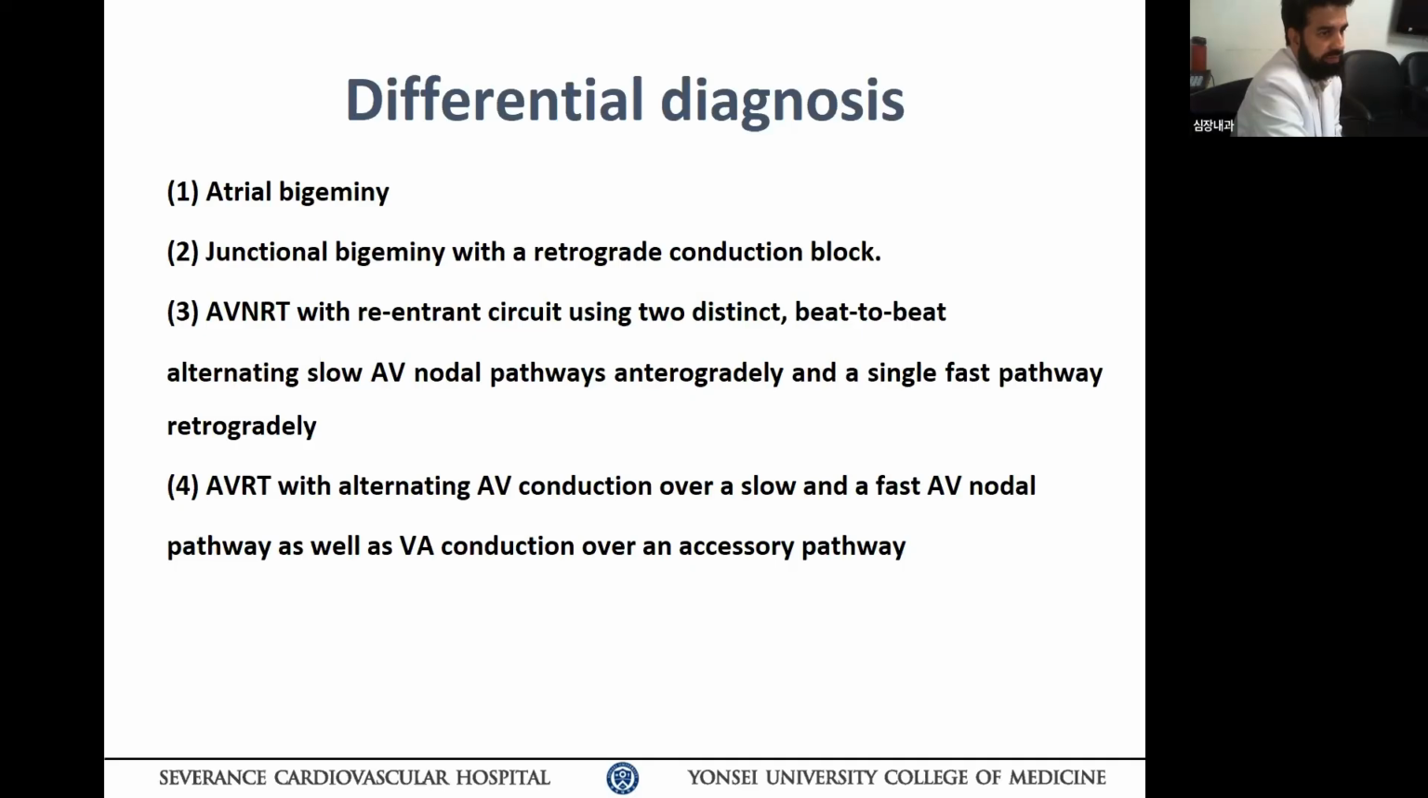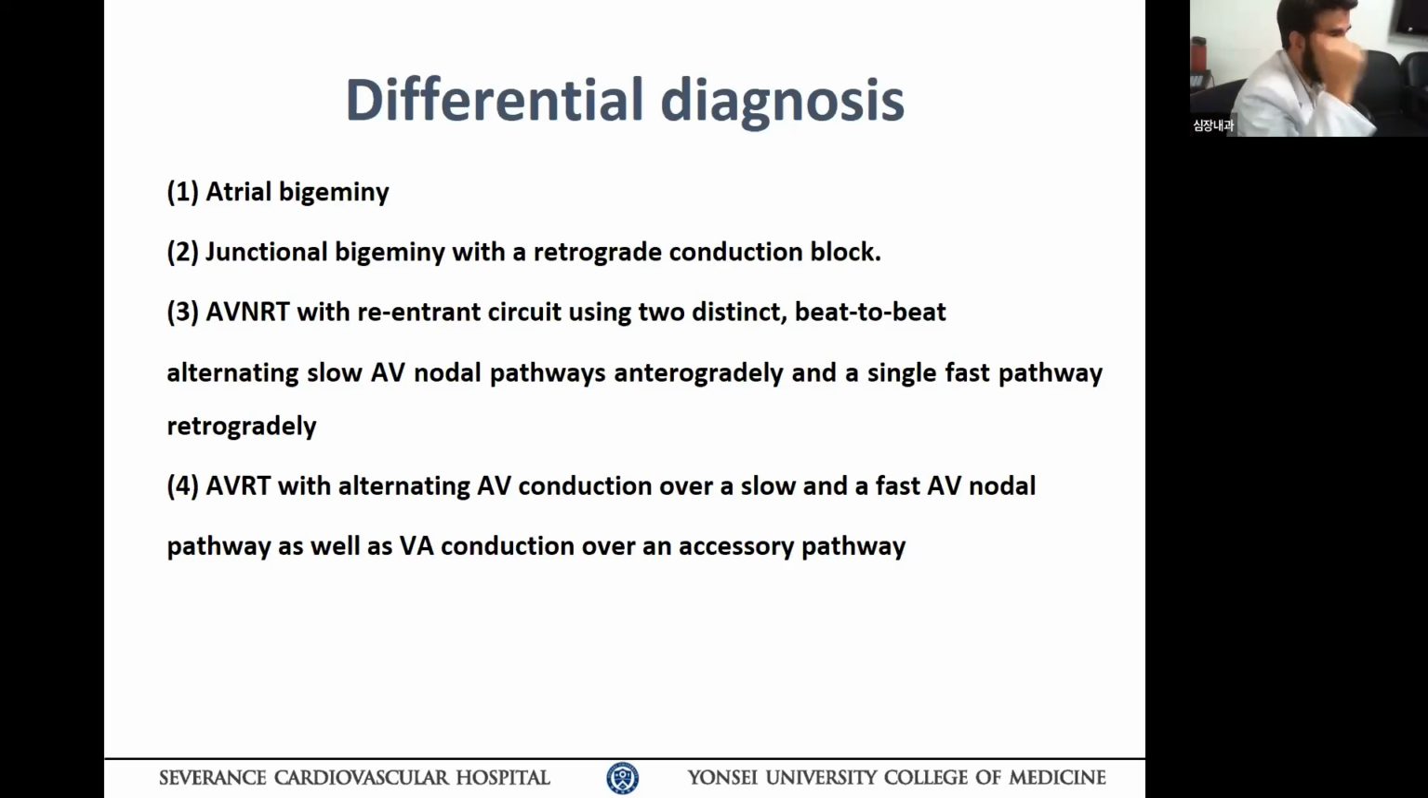Third is AVNRT with the reentrant circuit using two distinct, beat-to-beat alternately slow AV nodal pathways anterogradely and a single fast pathway retrogradely. And fourth is AVRT with alternating, very rare, AV conduction over a slow and a fast nodal pathway, as well as a VA conduction over an existing pathway. Very, very rare. But we did the EP study of this patient, and it was actually a 1:2 double fire